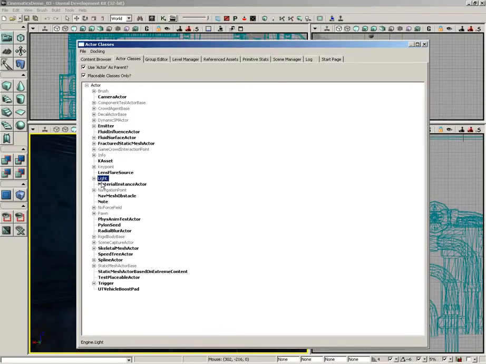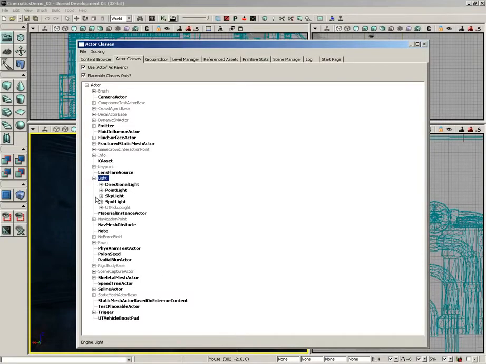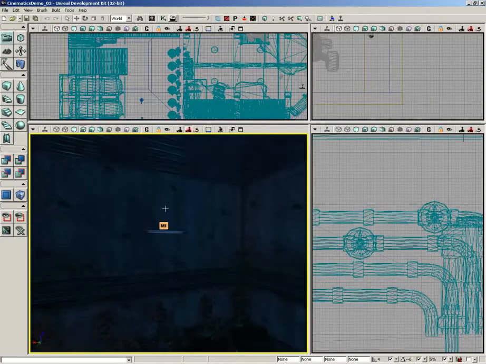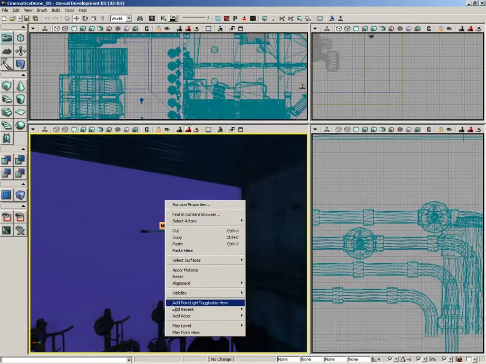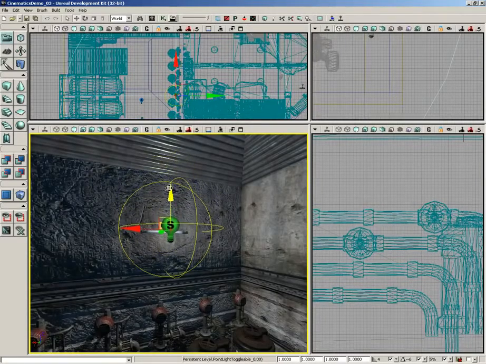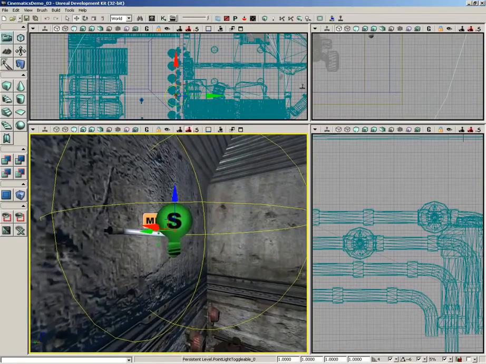You'll see the light group. Go ahead and expand that. Underneath you'll see point light. If you expand that, you'll see point light toggleable. Now with that selected, we can close out the actor classes browser, right-click on the wall, and choose Add Point Light Toggleable here. Now this is a dynamic actor, so we can change it so that it affects the actual